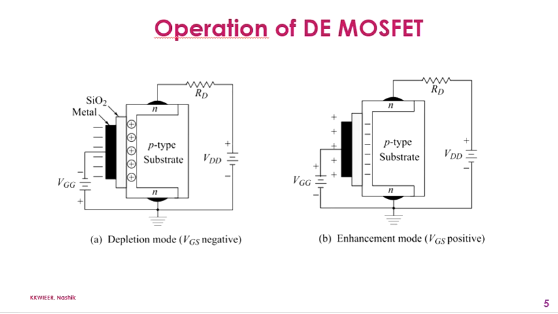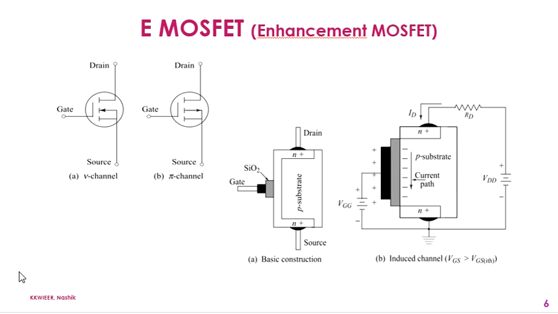Now let's move towards the second type, that is E MOSFET or enhancement MOSFET. This type of MOSFET operates only in enhancement mode and has no depletion mode. It differs in construction from D MOSFET. In that case, it has no physical channel. That means the substrate extends completely to the SiO2 layer. So this is shown with the broken lines. This symbol is nothing but the absence of a physical channel. So this is an N-type channel and this is a P-type enhancement MOSFET.